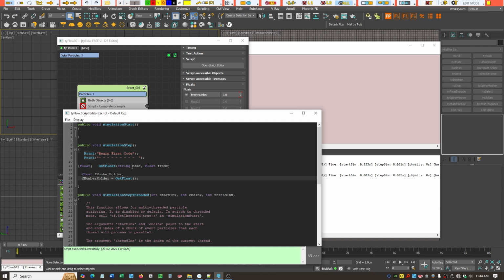It requires the string name of this box, and it requires a frame at which to get the value from this box. So our string name, remember strings need to be in inverted commas, so there's our double inverted commas, and it's the name that we got up here exactly, right? So fVaryNumber,